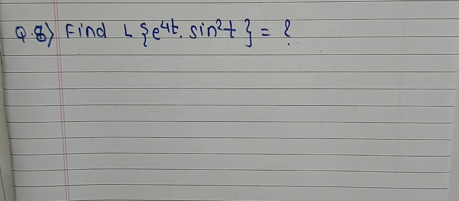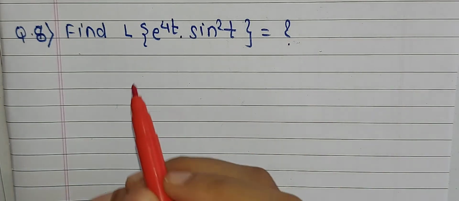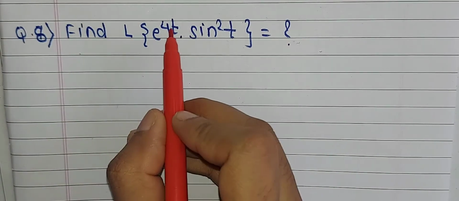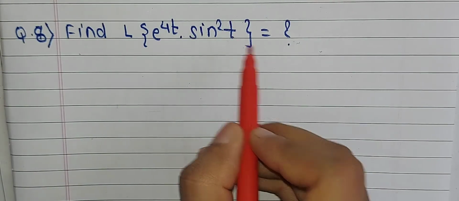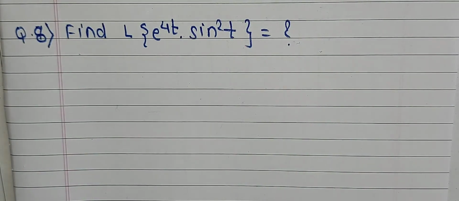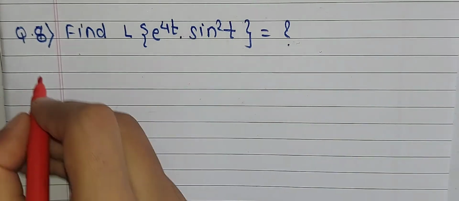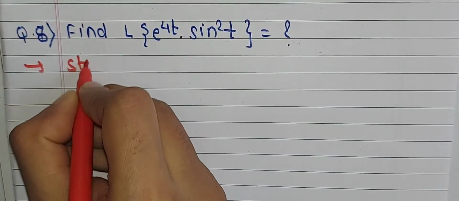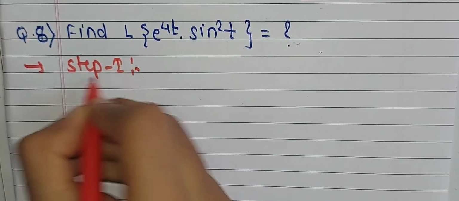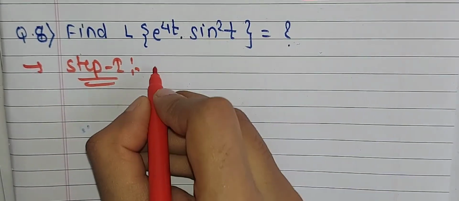Hi everyone, so in this lecture we will discuss another example which is related to the first shifting theorem. So here we will find the value of the Laplace transformation of e raised to 4t into sin square t. With the help of only two steps we can solve this example very easily. Step number 1 is to apply Laplace on the second term, therefore Laplace